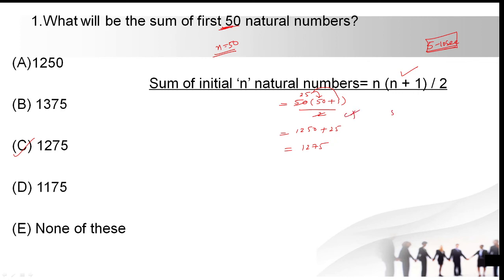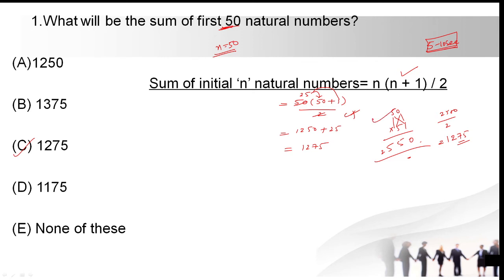You are not supposed to multiply 50 into 51, though of course we can. What is 50 into 51? We have a method to solve this: write 0, no carry, we're not supposed to write anything here. Then multiply 1 and 5, and 5 and 0, you will get 5, and 5 fives are 25. So this is the answer of 50 into 51, and then we need to divide this by 2. So that is 1 time, 2 times, 7 times, 5 times. You got again the same answer. By using this method also you will get the same answer.